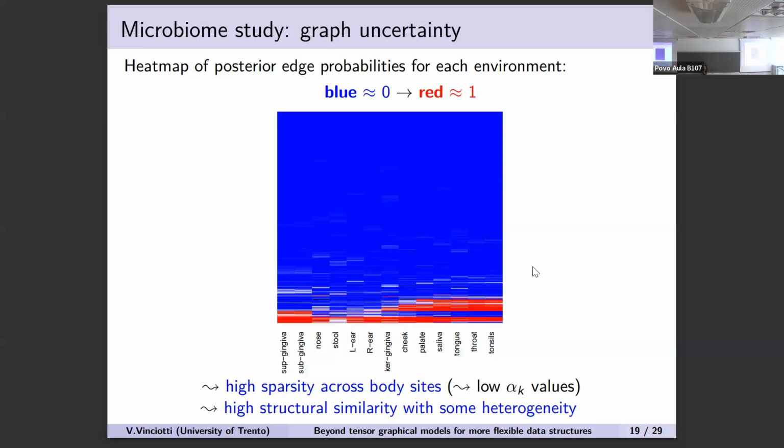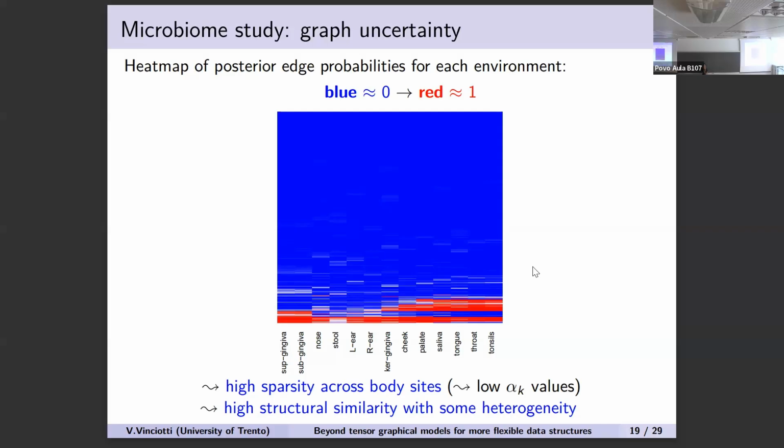Whereas red is a posterior probability close to 1. So we are quite sure, or the procedure is quite sure, that there is an edge there between these two microbes in that environment. So what we are supposed to see from this visualization of the results, first of all, there's